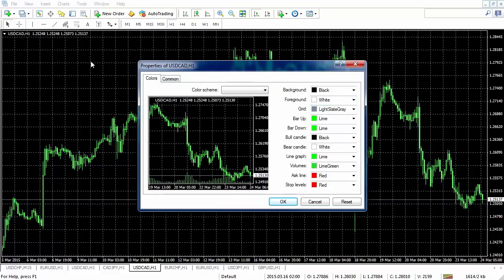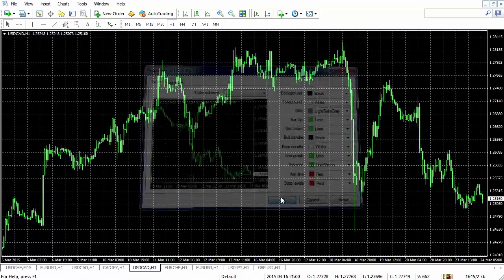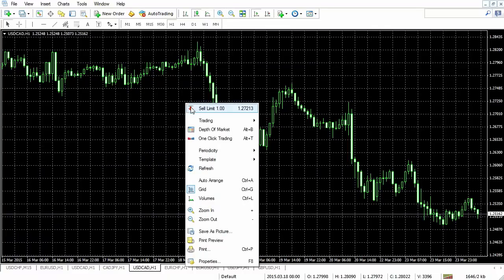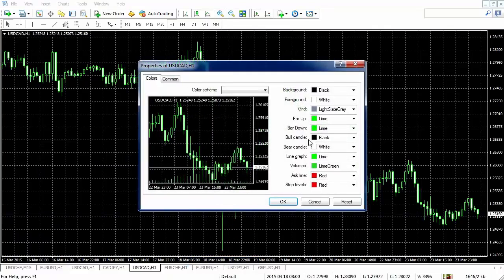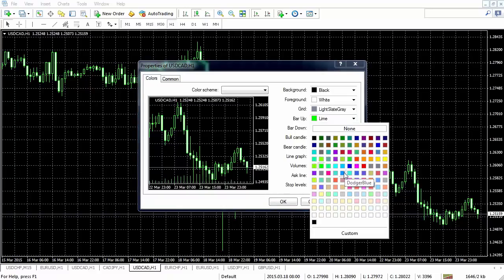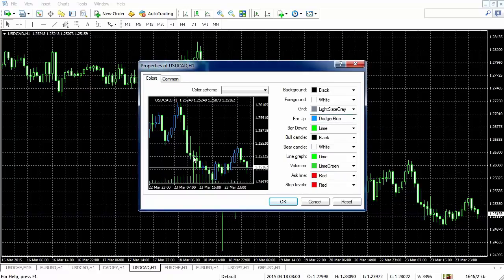The grid, that's the grid that you see, the squares in the back. The bar up. Now this is going to be interesting. Let me zoom in a little bit so we can see this better. So I'm going to zoom in. All right, so we'll do that again. Properties. Bar up is going to be a bull candle outline and the wicks. So if I change this to Dodger blue, you can see in this preview window how the candles are